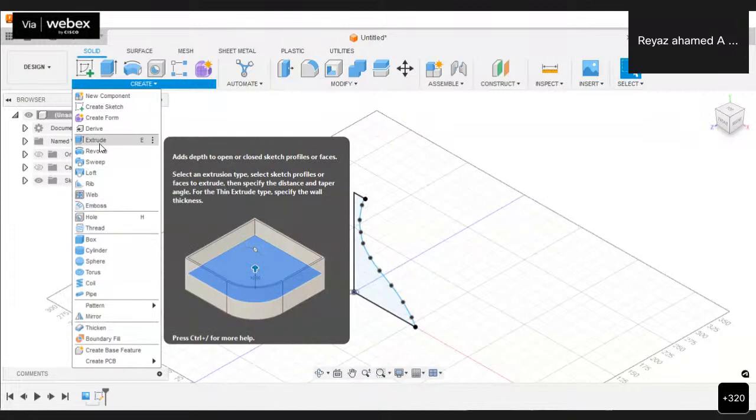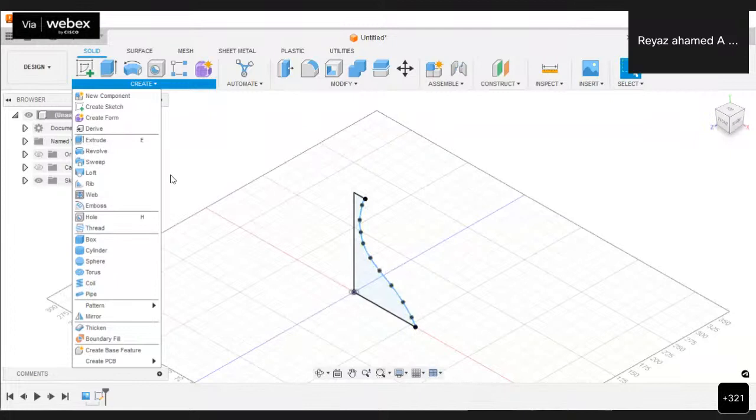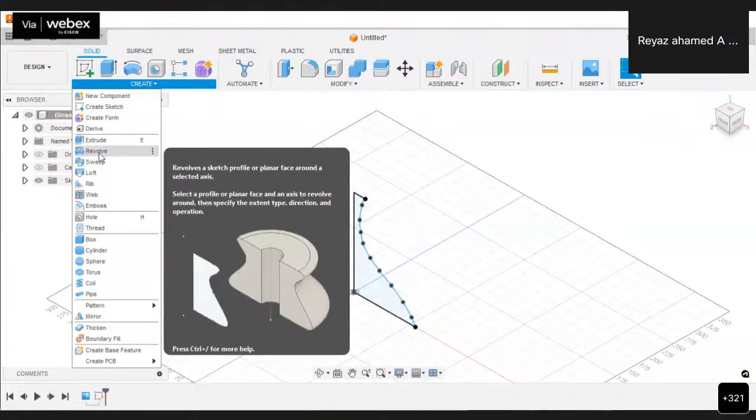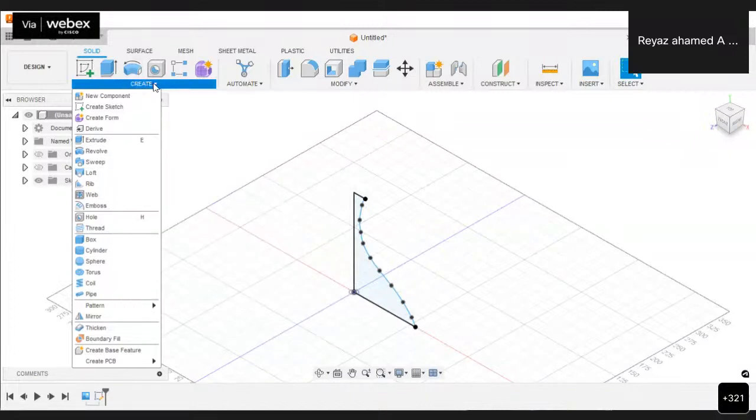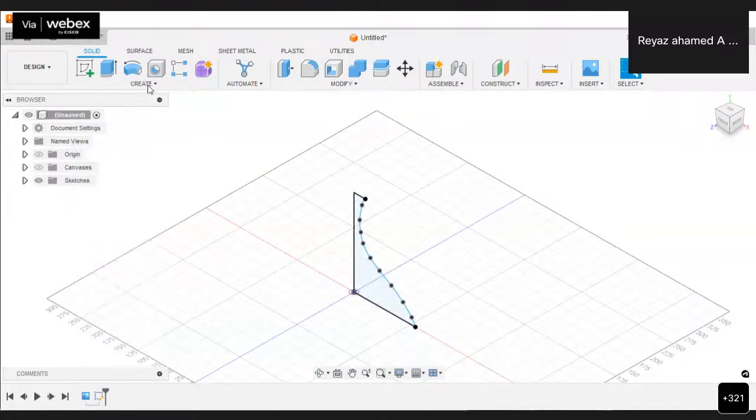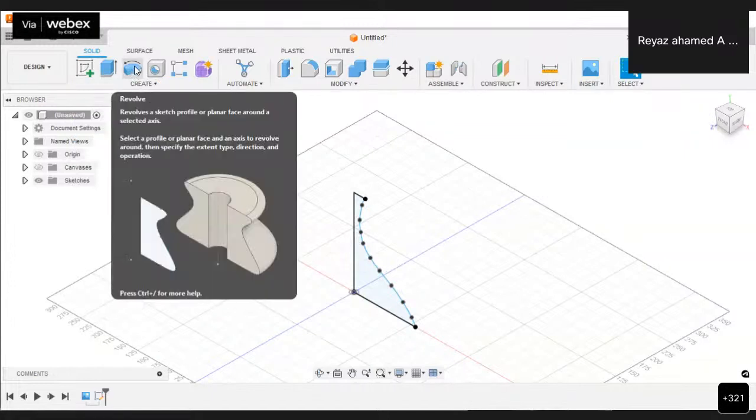Okay. So for creating this lampshade profile, I am going to use the Revolve option. Let me click on this Revolve. Actually, the same icon is present here also, so I can use this also. Just for explaining purposes, I click on this Create option because there are a lot of options, and you also have to be aware of that. Usually I can go with this icon. Let me click on here.